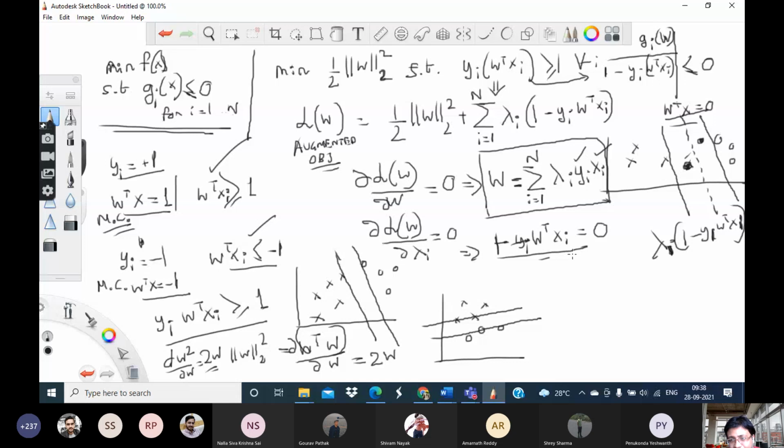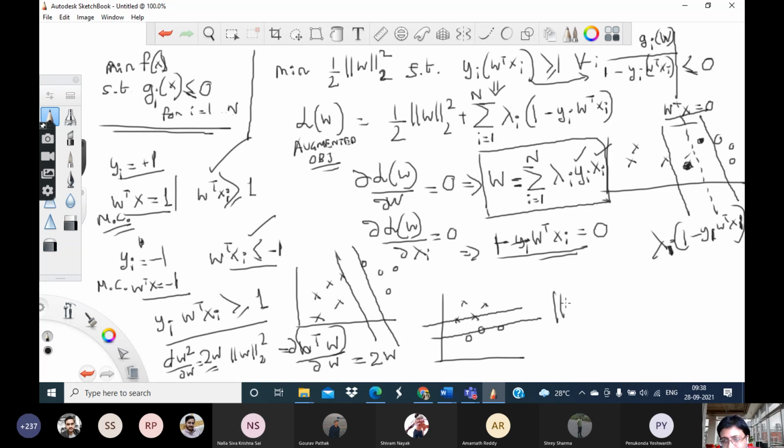By the way, I got this term, but it has w and does not have lambda i. I have got an expression of w which involves lambda i, but here I am not getting lambda i. So these terms are not helping me much at this point to solve this equation. So I have to take a different recourse. I now replace all the w's by this expression. Wherever I find w, I replace it.